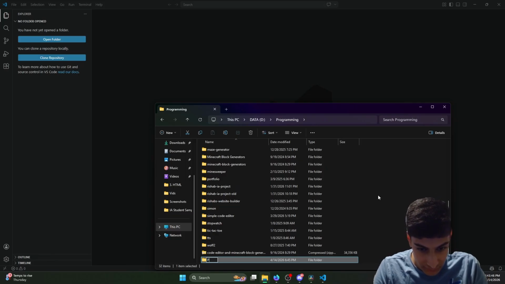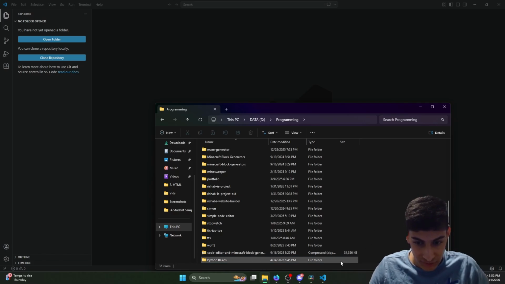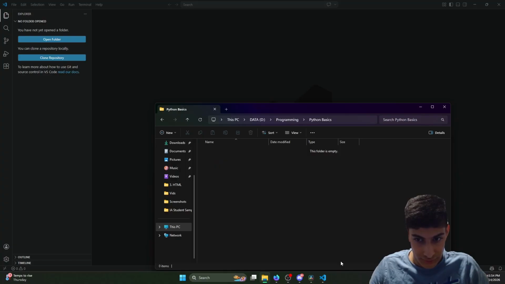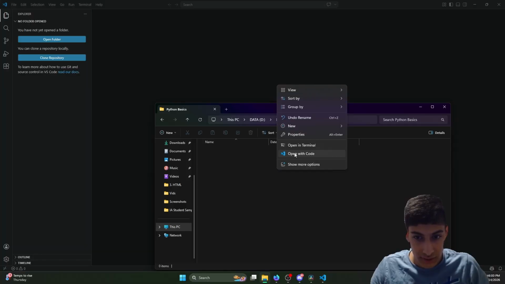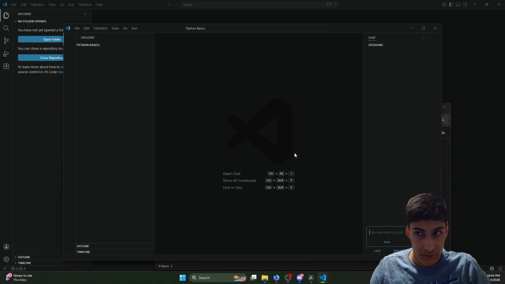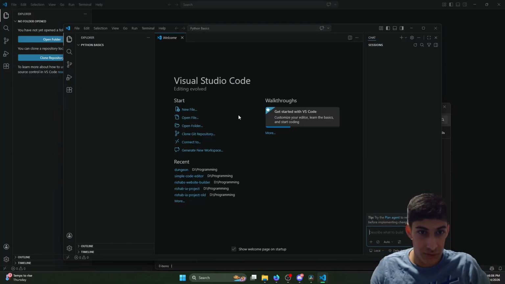In this case, I'm just going to call it Python Basics because this is the name of the series, so it matches. And then we're going to open that folder and then right click, and then we'll select Open with Code. And then once we click on that, you can see it opens a new window with our Python Basics